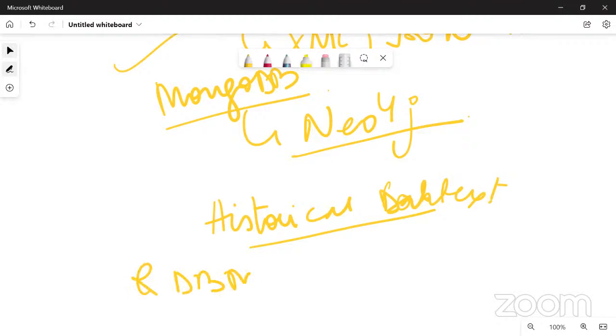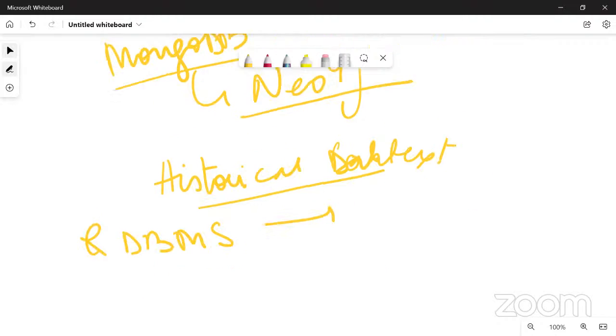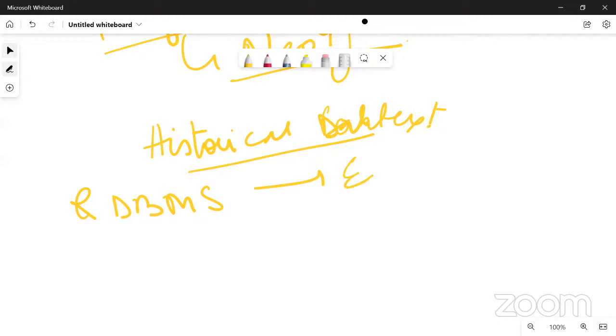Relational data, RDBMS, was introduced by, or you could say the father of RDBMS was E.F. Codd. And 4 years later, Raymond Boyce and Donald Chamberlain introduced SQL. So the RDBMS concept was given by E.F. Codd.